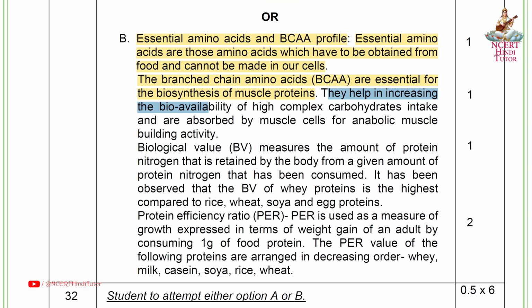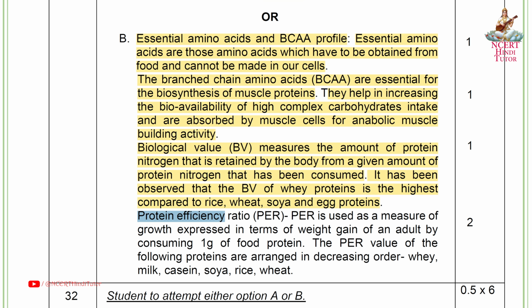They help in increasing the bioavailability of high complex carbohydrates intake and are absorbed by muscle cells for anabolic muscle building activity. Biological value, BV, measures the amount of protein nitrogen that is retained by the body from a given amount of protein nitrogen that has been consumed. It has been observed that the BV of whey proteins is the highest compared to rice, wheat, soya and egg